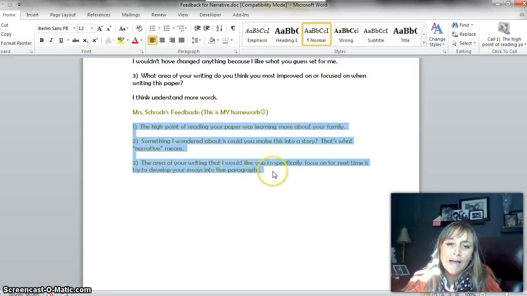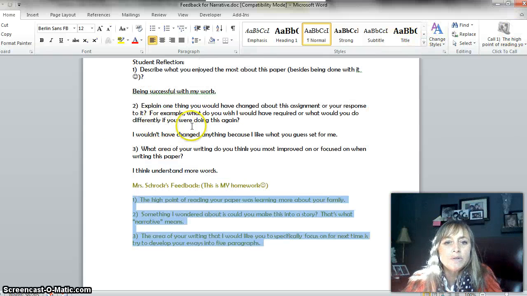And then the third area, obviously the thing I want her to work on, and we were big on the 5-paragraph essay, blah blah blah. I don't love that, but that was what my school chose, and so that's what I did. So this is just an example I wanted to show you about how to make writing a formative experience. We'll talk more about feedback next week, but wanted to throw this to you as a sort of, I don't know,